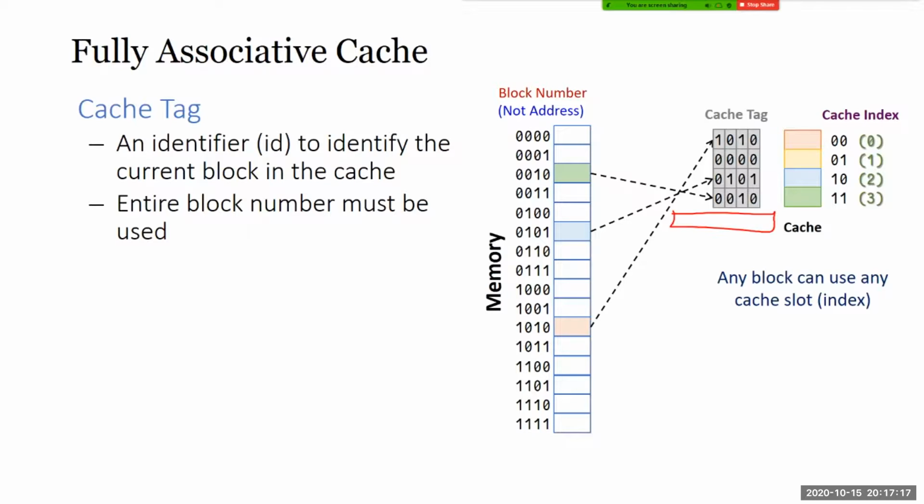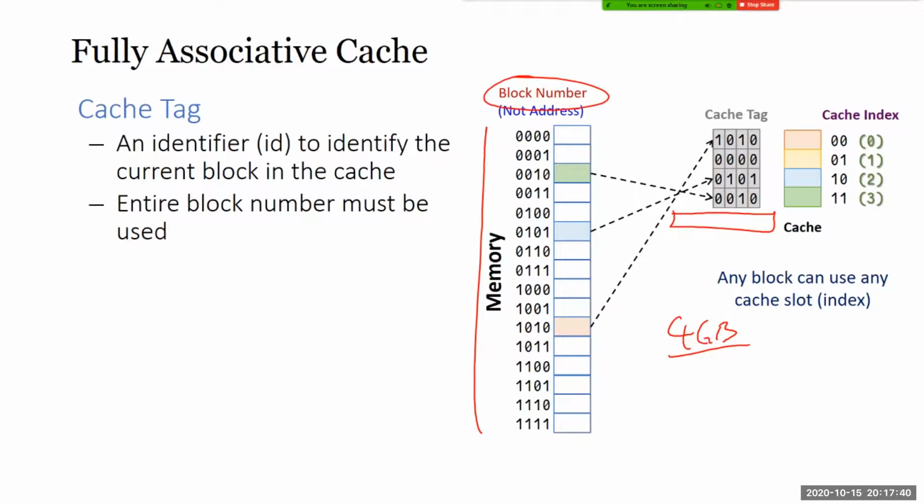Yes, so your cache tag must be the same as how much memory you have. If you're working with a 32-bit system, then maximum you can only address up to 64 gigabytes. So you only have 64 billion books, so to speak. If one book is 1 byte, then you only have 64 billion bytes in a sense.